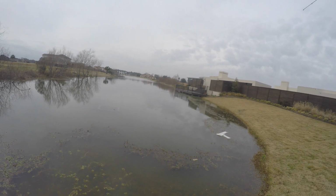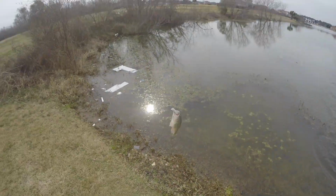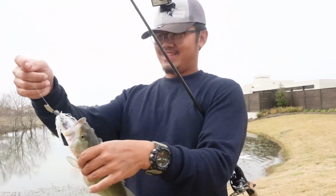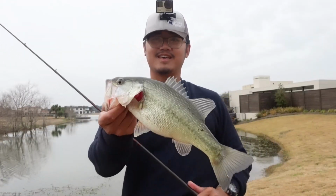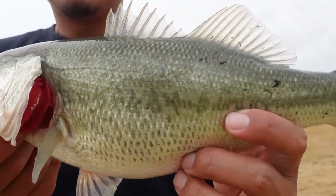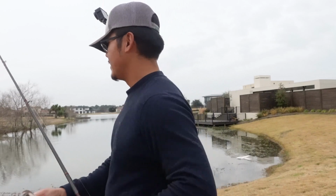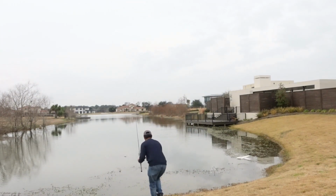Oh my God. Guys, they are loaded up in this little corner. They are so loaded. Look at that. They're all chubby. So chubby. Look at that. Love it when they get this color, especially during the winter. They just get so pretty. About as quick as I can cast in there, I get one,